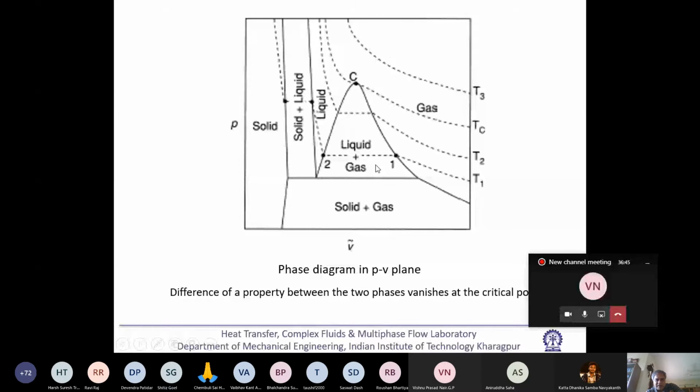And there is an enthalpy difference between saturated liquid and saturated vapor. So this is your latent heat of vaporization. But the more we go towards the critical temperature, what will happen? The density difference between the saturated liquid and saturated vapor will reduce. The enthalpy difference between them will reduce. That means the latent heat will reduce. So at one point, liquid and vapor will have the same density. They will have the same enthalpy. That means no phase change is taking place. Here we will get supercritical fluid.